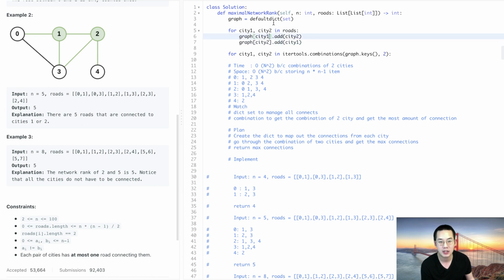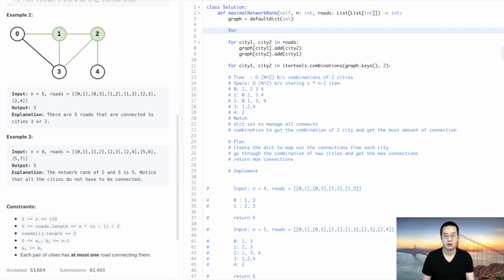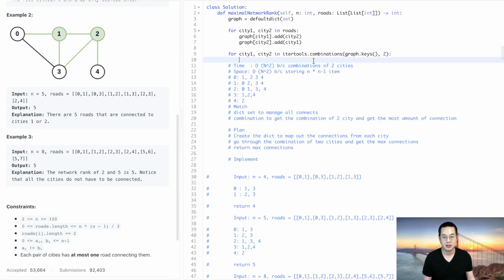If they don't have any combinations, we do need to make a default when that is 0, and so basically we need a for loop for city in range n, graph at n should exist. But I don't think that's a problem because we have default dict, so it should be fine. Okay,